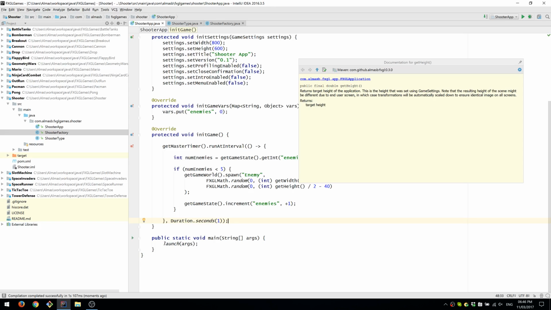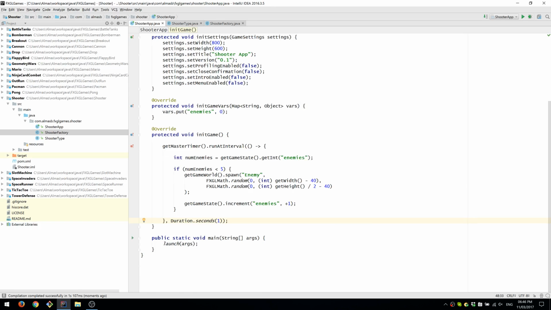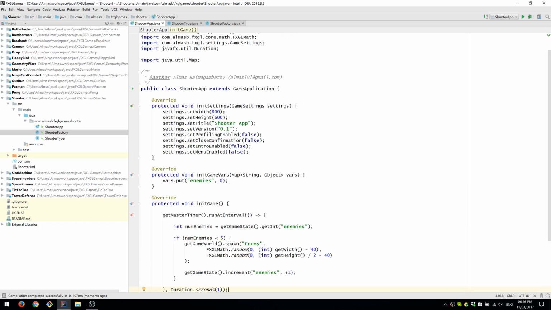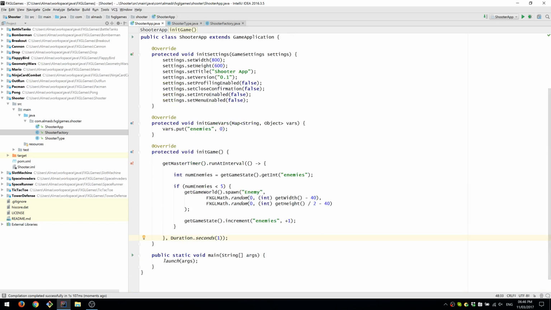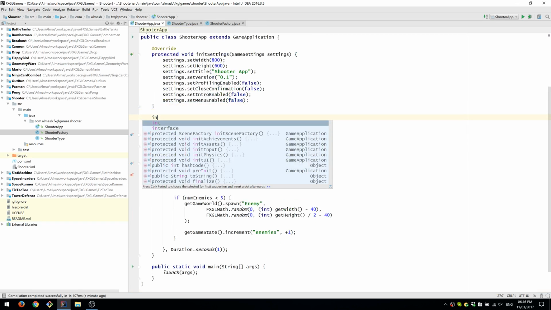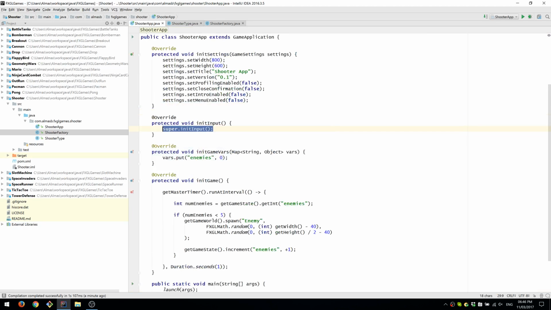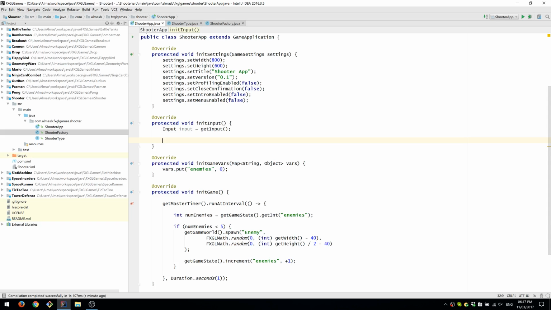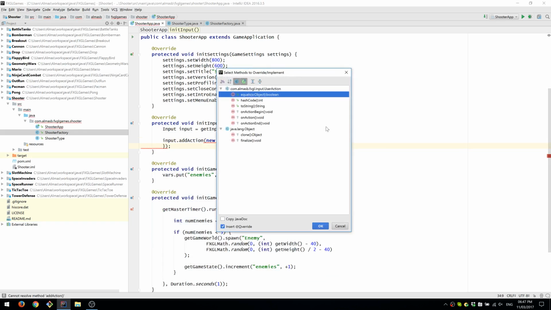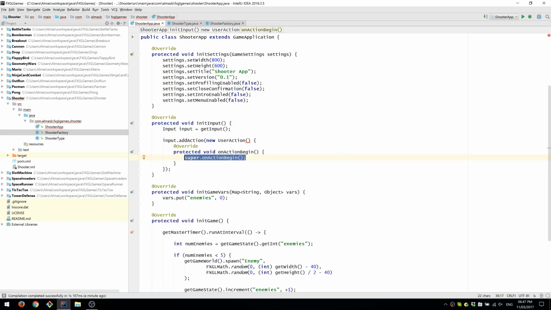We can now spawn bullets, because we want to be able to kill and destroy the enemies. In order to do that, we will need to take some input from the user. We can do this in initialize input. We first obtain a reference to the input service by calling get input. Then we can add a new action, which is new user action, and we're going to override it